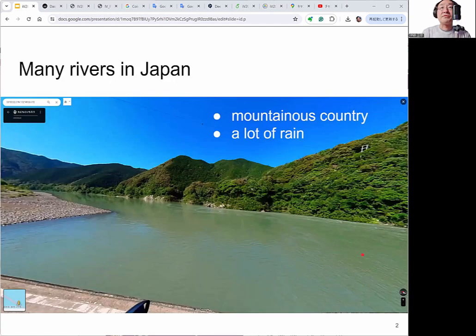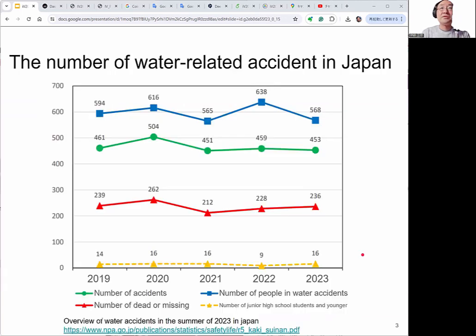So first, background. In Japan, there are lots of rivers because Japan is a very mountainous country and it rains a lot. The number of water-related accidents in rivers in Japan is over 500 in 2026, and over 200 people were dead or missing.